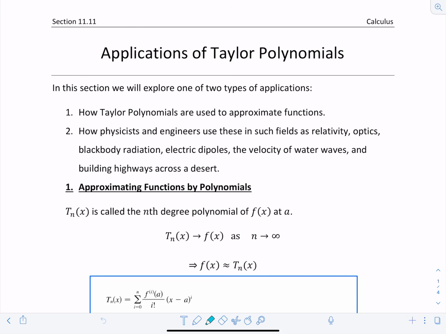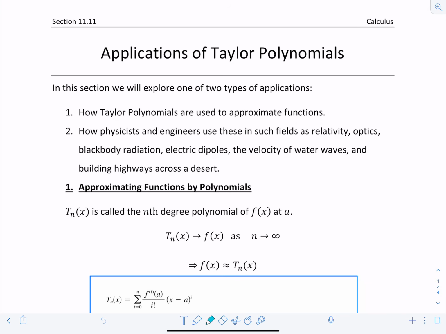In this video, we're going to look at applications of polynomials. One kind of application that we're going to be focusing on in particular is how Taylor polynomials are used to approximate functions. Computer scientists like using this application because polynomials are the simplest of functions to work with. So it makes programming and applied math a lot more manageable if you can find a Taylor approximation for a